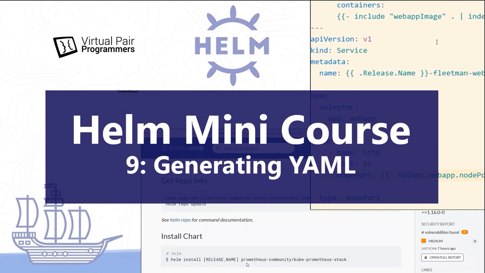This is really continuing on from previously, where I explained that getting your own copy of the source code for a chart is really valuable, because then you can do what you want with it and you've got full control. But another step you can take is to convert that chart into standard Kubernetes YAML. Therefore, you can apply that to any cluster without having Helm present. It's a kind of optional feature, I suppose. I found it very useful in my career, so you might find it useful as well.